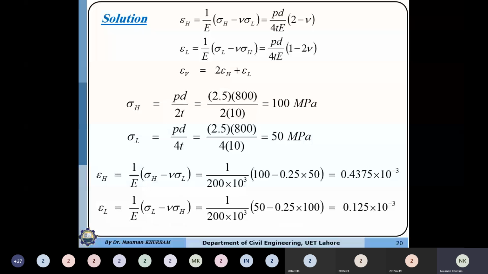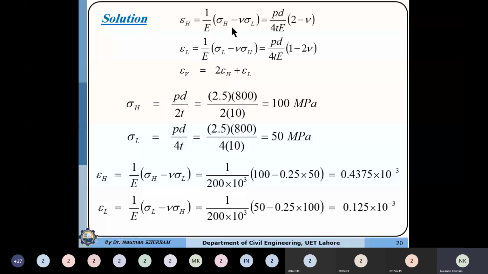First of all, whenever I solve, I write down the equations that may be required. This is the formula of the hoop strain, longitudinal strain and volumetric strain. If you multiply these expressions with the diameter, length and original volume, you can determine the change in diameter, change in length and change in volume. So there are two methods. You may either use this final expression, or you can determine sigma h and sigma L and use these parameters.